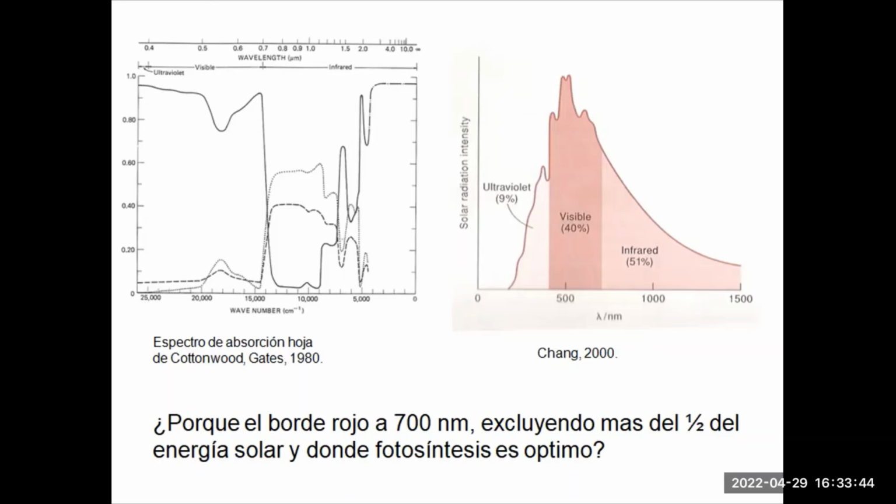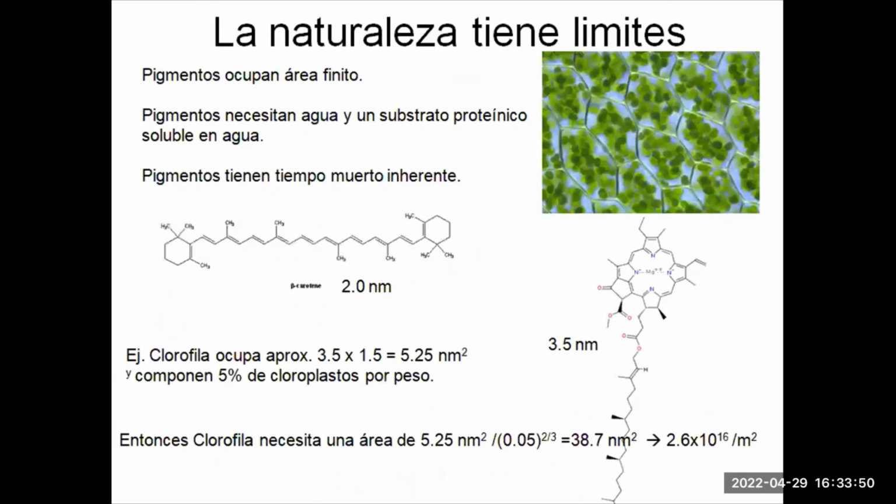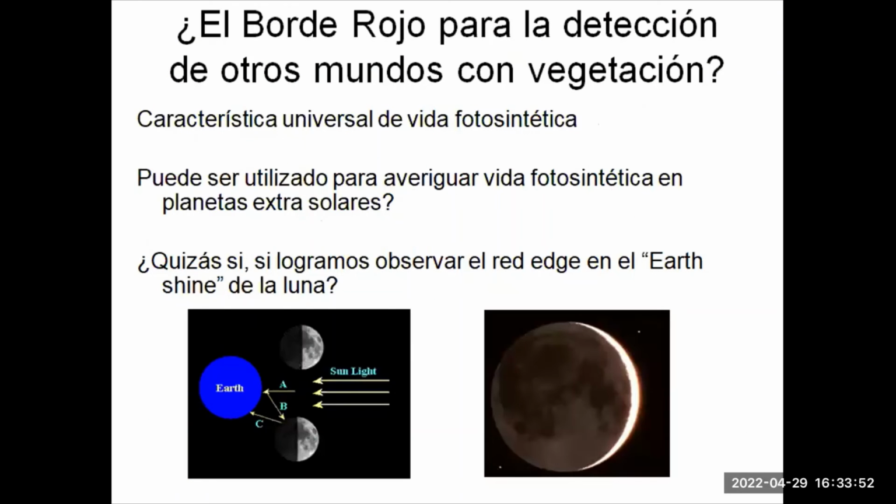So it could move towards the red or towards the blue, depending on the intensity of the light. But anyway, they are going ahead with this program to see if the red edge can be detected on planets of other stars. To test this proposal, what they decided to do first was to see if